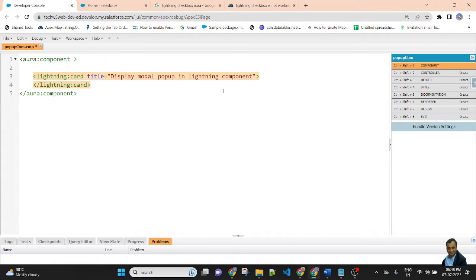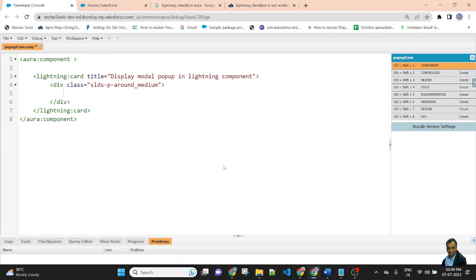Inside the Lightning card, I will create a div with class SLDS-p-around_medium. It gives padding space around the container. It is a predefined class of the Lightning Design System.